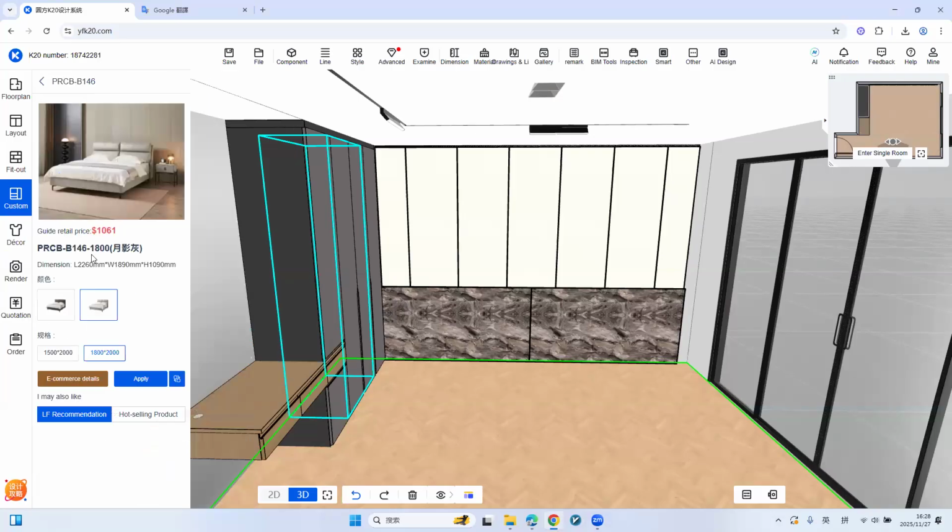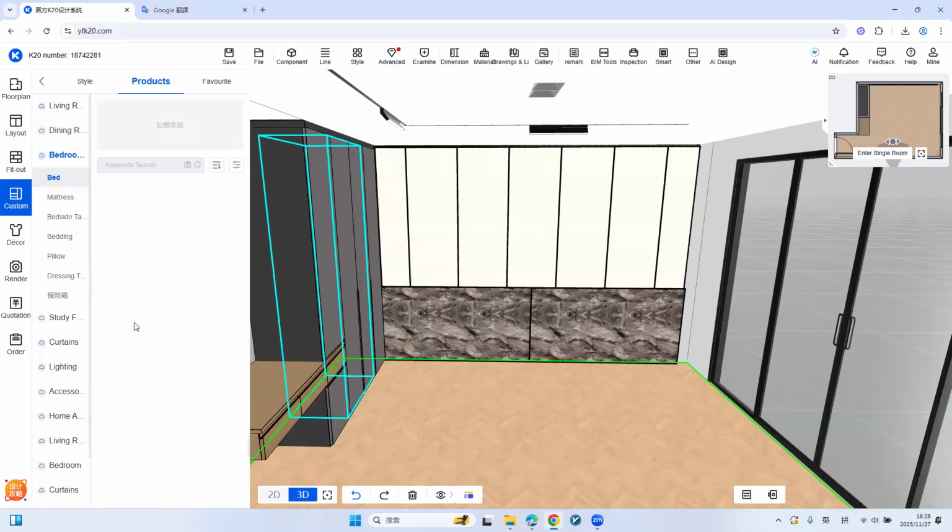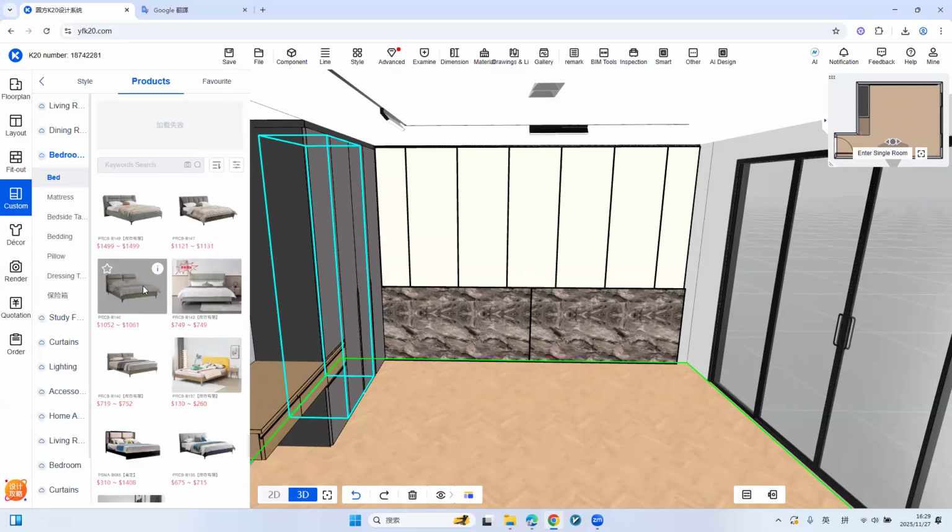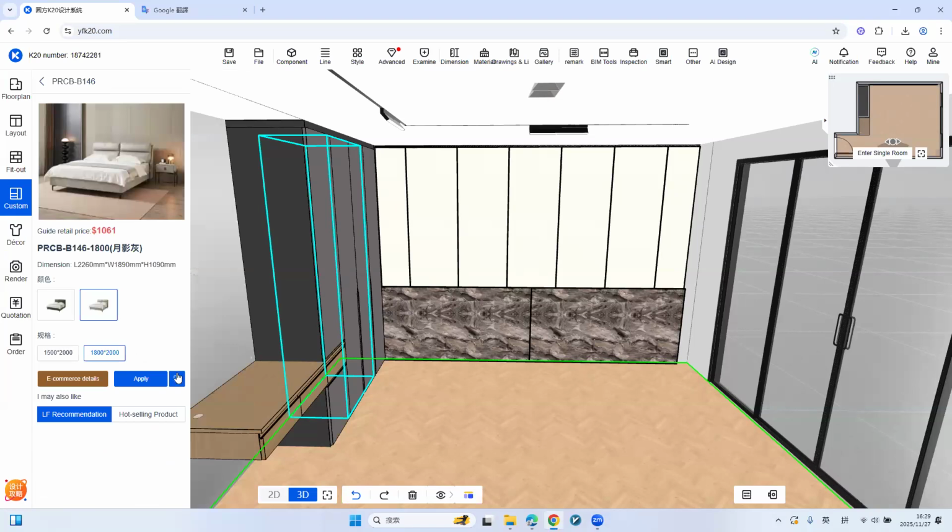Okay, and then in here we left click, and then we can see there are icons in here. Beside the apply, there are two colors. We use the gray. Firstly, with the color we use this one, and then the size we use the second one. Okay, and in here